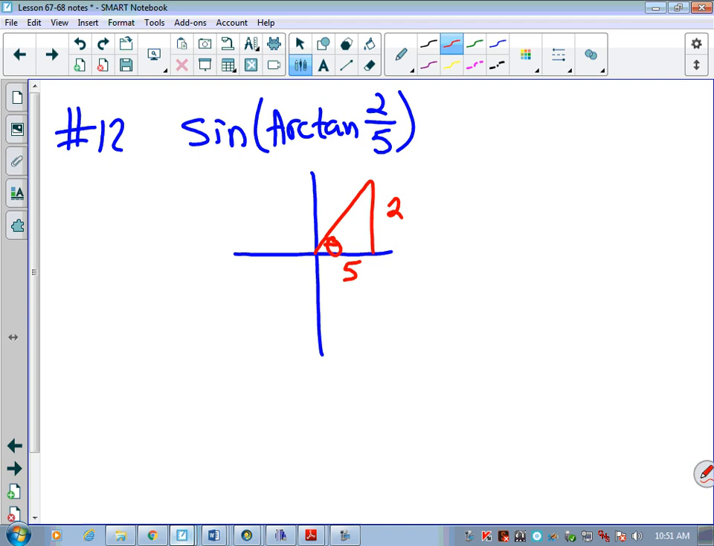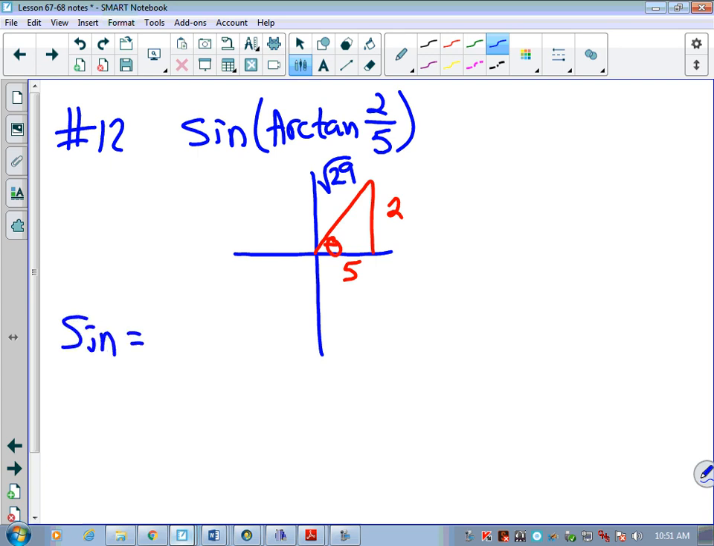All right. So the first thing you want to do is find your hypotenuse because we're finding the sine of this. So 5 squared plus 2 squared. You should end up with 29 because 2 squared is 4, 5 squared is 25. You're going to end up with the square root of 29. So put that guy right up there. Okay, square root of 29. Sine of this